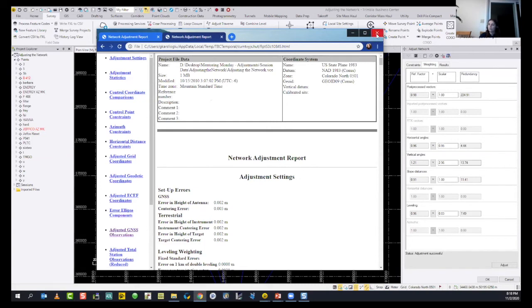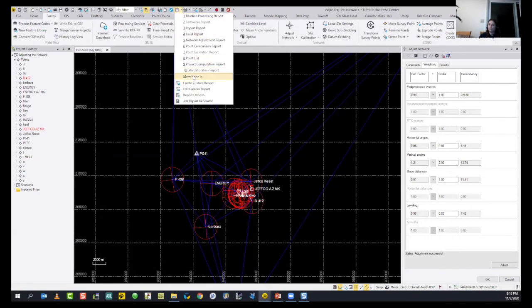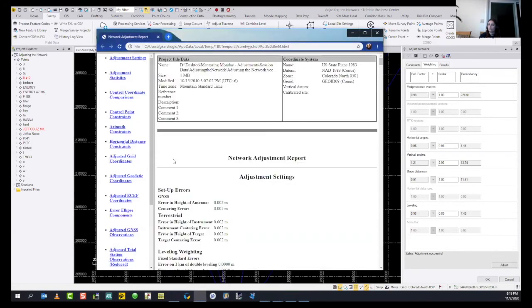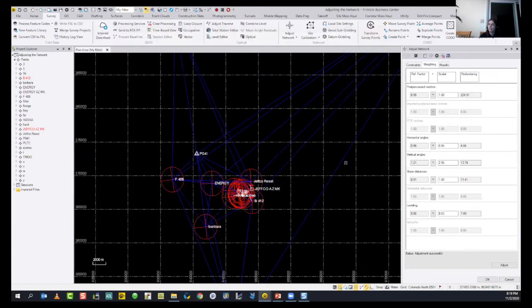You can also print out this type of report from more reports or network adjustment report. I'm not sure if you can get a PDF format or other, but of course you can save using Control P in the print.